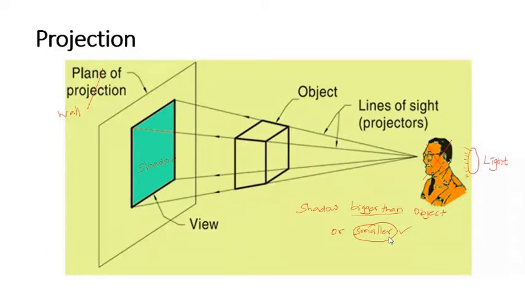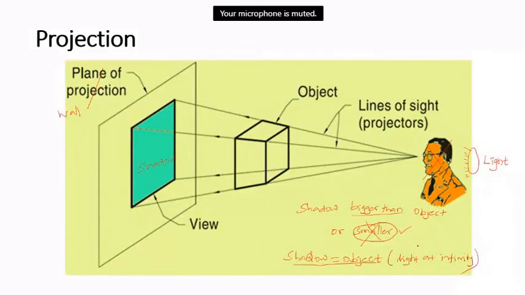So you try to visualize that. If you keep on moving the light source away from the object, what will happen? So you will get the shadow to the exact size of the object. Right? Are you able to understand this point? The light source is at an infinite distance. So the size of the shadow and the object will be equal. Whether you are able to visualize that?